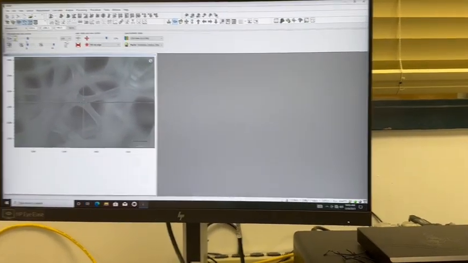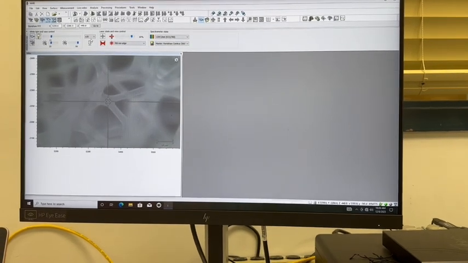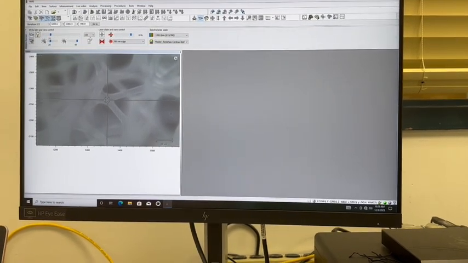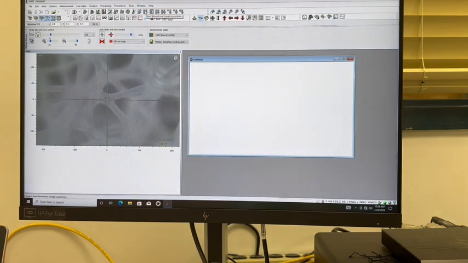If needed, for some samples, you may want to use the ×100 lens. However, for most samples, the ×20 lens is perfectly adequate for focusing on the sample and conducting Raman measurements. I will now set the origin of the sample. This will save the X, Y, and Z coordinates into the software and will allow me to return to that